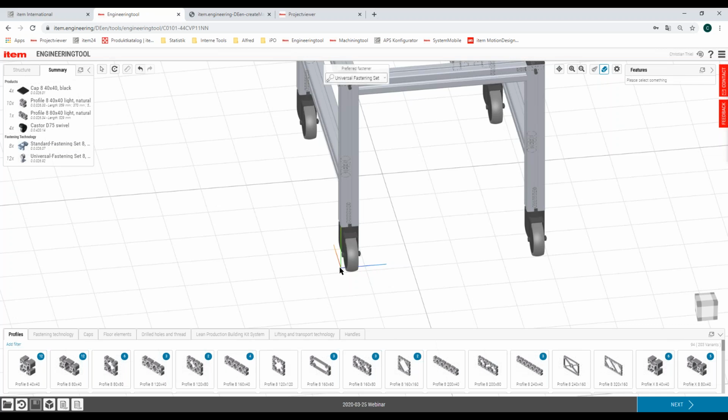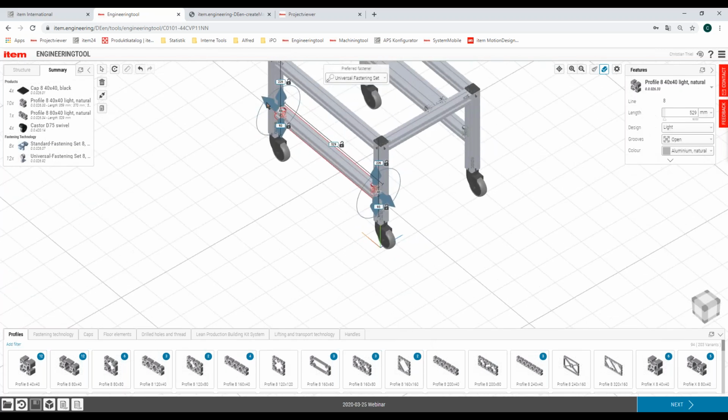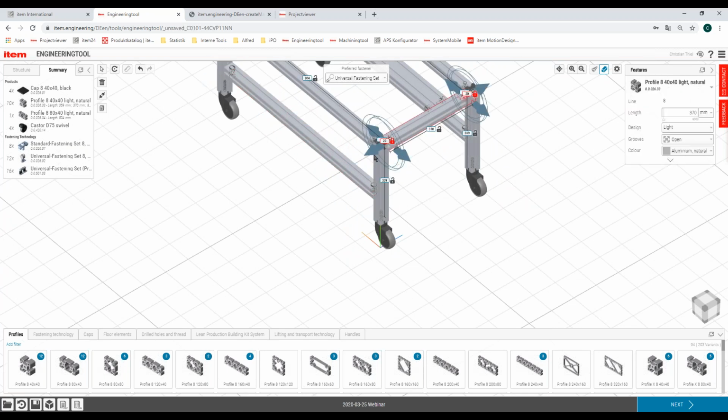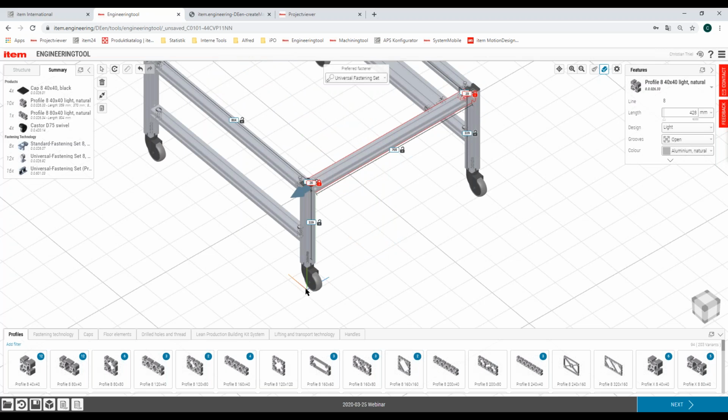So if you export this file into your CAD system, this is the 0 point, and it does not change. Even if you change the length of this profile and re-import it into your CAD system, this is always the 0 point. So if you don't use the surfaces of your profile, but the 0 point or the reference planes in your CAD system, then you can easily switch and use the benefits of the CAD system and of our Etem engineering tool.